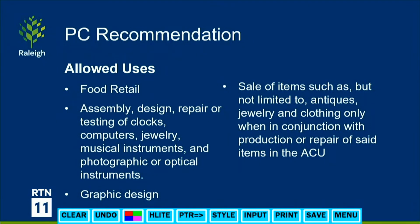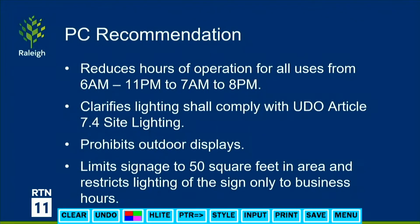Additionally, Planning Commission recommended defining a new use called food retail. That was in response to public comment that the sale of alcohol and tobacco in a retail use in an accessory commercial unit would not be desirable. So that was an attempt to define a new use that would state that the primary purpose of the retail use would be for selling food. And then there were some other allowances for retail if the retail was tied to the repair or production of products on the site. So if someone's manufacturing clothing, jewelry, those kinds of things on site, that type of sale would also be allowed. Planning Commission recommended reducing the hours of operation, increasing the lighting controls to essentially